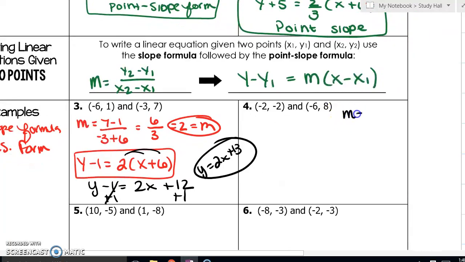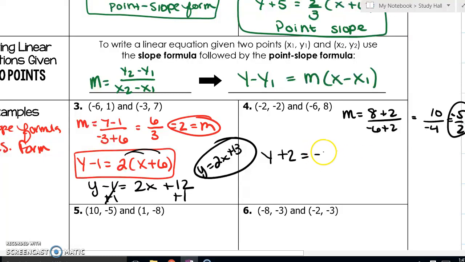Find the slope, which is 10 over negative 4, which gives me 5 over 2, negative 5 over 2. And then we'll put that into point slope form. y minus negative 2, either y value doesn't matter as long as you stay consistent, equals negative 5/2, my slope, times x minus